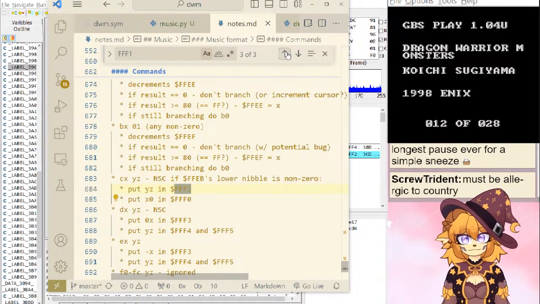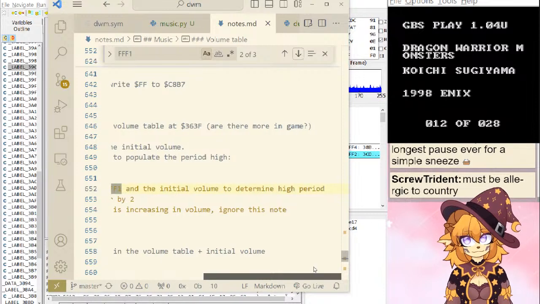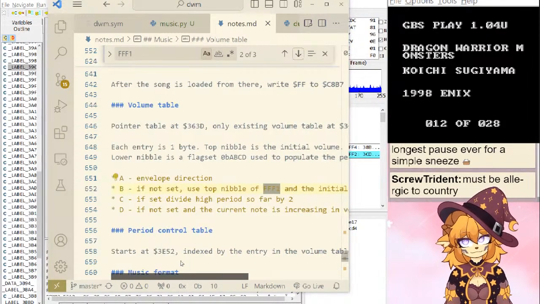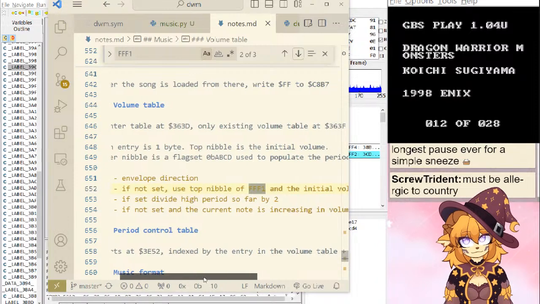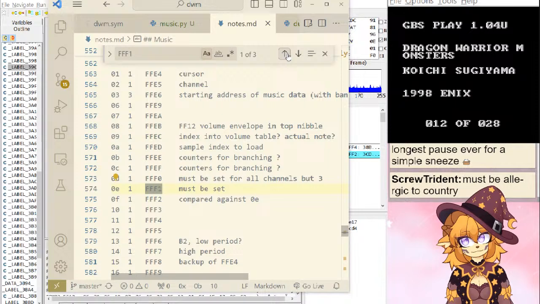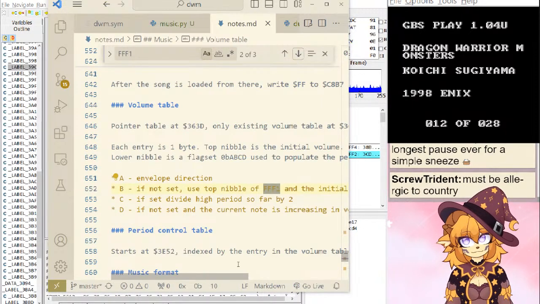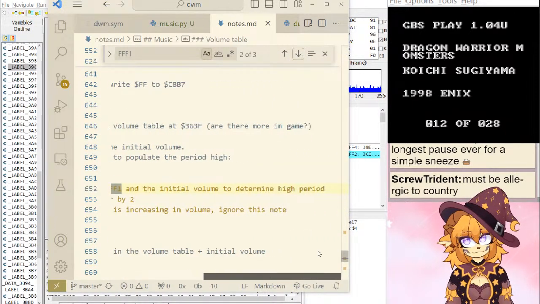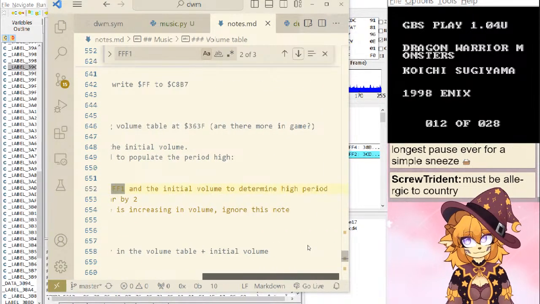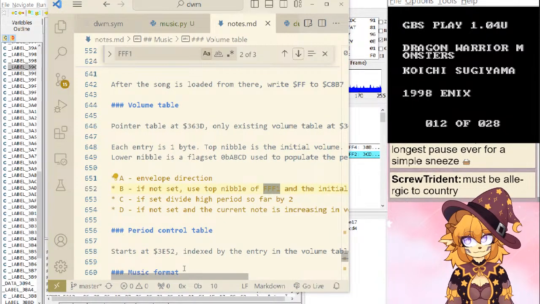So it's set by a C function. So the Y here initial volume.